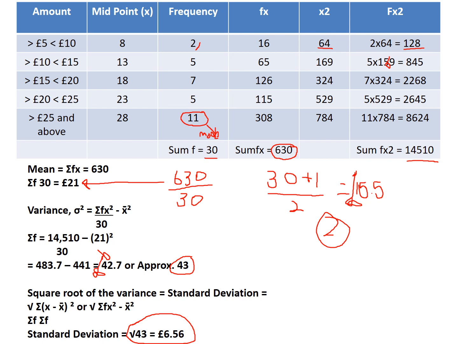The middle amount, which was £15.50. We know that in here, number 3, we've calculated the mean, the average amount of money people were spending in this example. We know the number 4 here, the maximum amount of money that people would probably spend in this example would be £43. And we know that the amount of deviation from the average, plus or minus either way, will be a difference of £6.56,